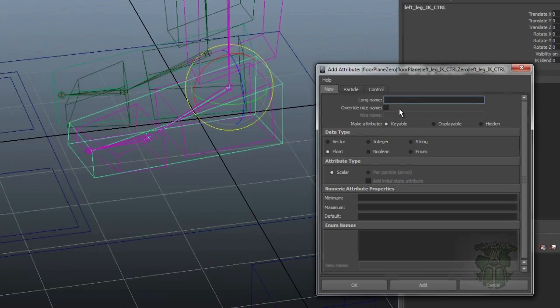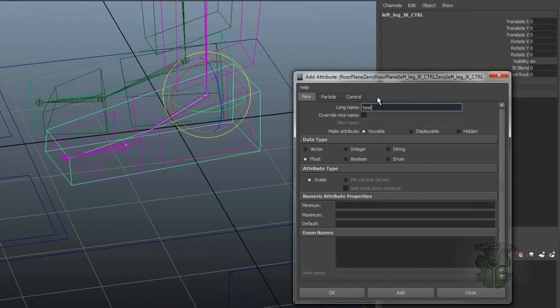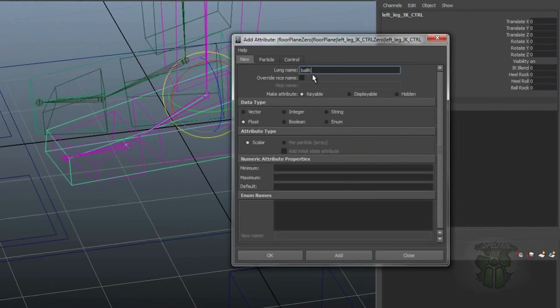So start with heel rock, heel roll, ball rock, ball roll, toe rock, toe roll, then toe lift, then auto rock,